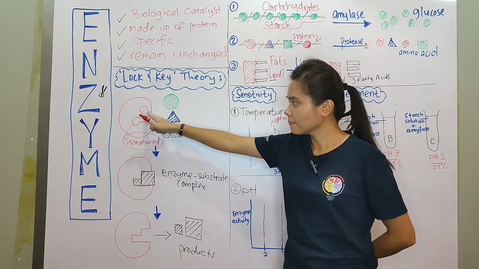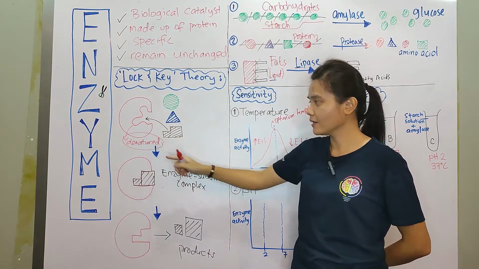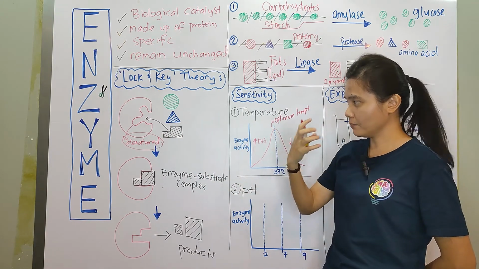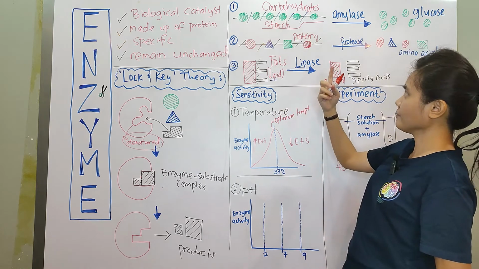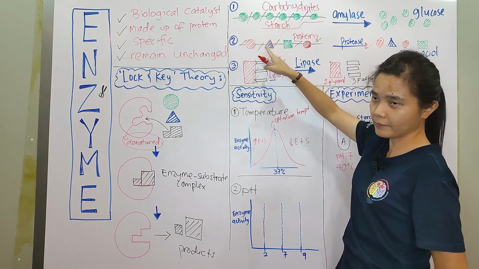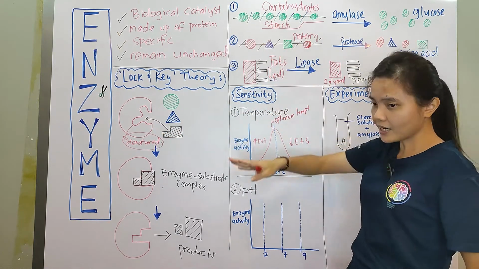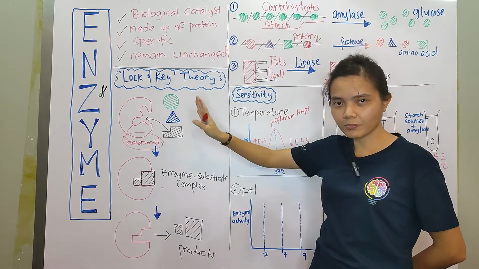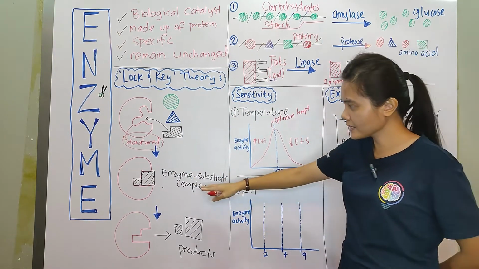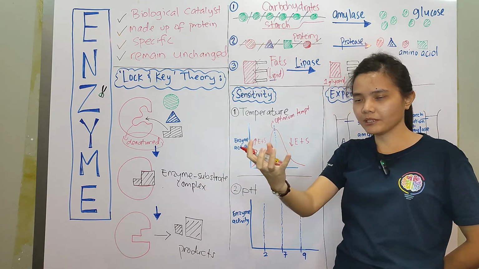Denature. The active site changes its shape. So let's say the burger you eat when you have fever, the burger is, let's say the bread, okay, is carbohydrates and starch. And the meat is protein. If denatured, starch, carbohydrate, protein cannot be broken down by amylase or by protease. So what happened is your food there is still bigger molecule.